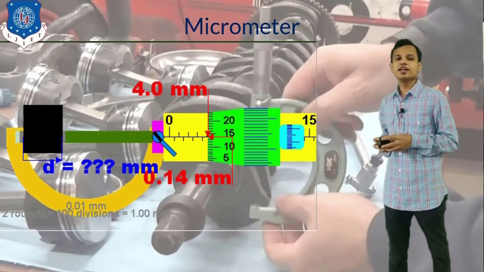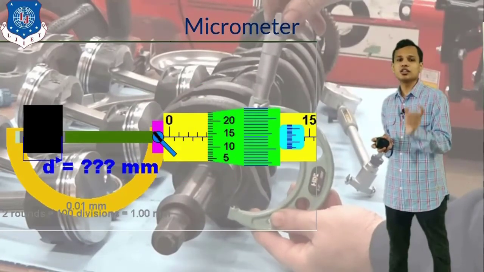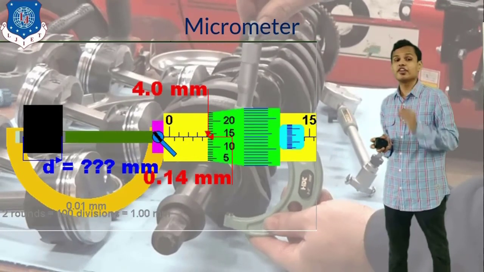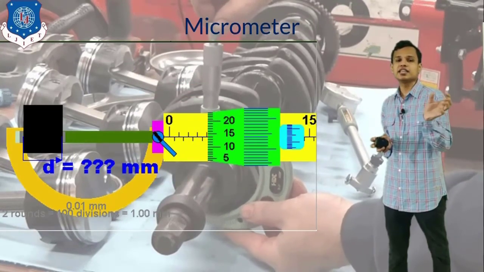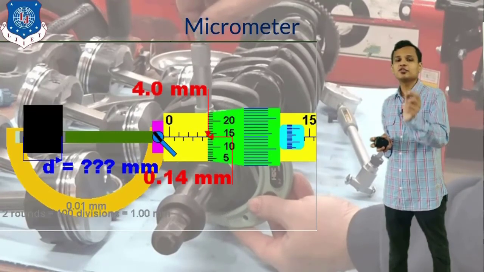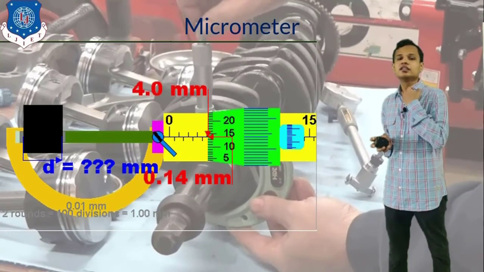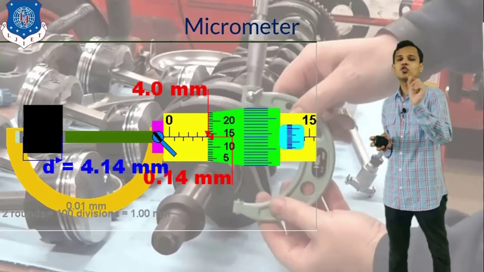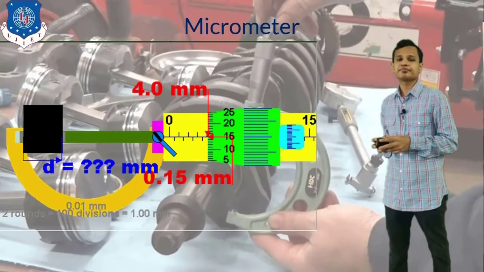In this figure, you can see the micrometer used to measure a certain block. The outer diameter or outer values of the component will be measured in this. The value of the diameter can be measured by turning the micrometer ratchet. Here, 4 millimeters is showing on the main scale. On the secondary scale, when we rotate the thimble, the 14 mark matches with our scale. So our value of the diameter will be 4.14 millimeters.